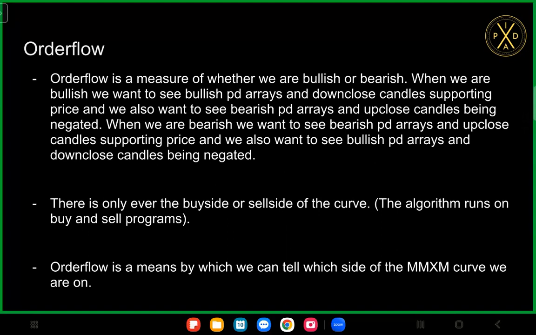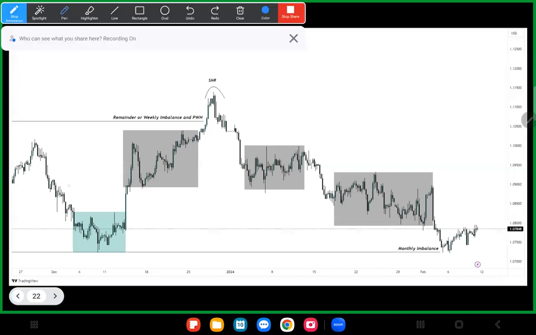All right, and there's only ever the buy side or the sell side of the curve, because the algorithm runs on buy and sell programs, because it wants to efficiently offer buy side and sell side liquidity. And then order flow is a means by which we can tell which side of the market maker model curve we are on. So over here, this was that buy side of the curve. This was that sell side of the curve. On the buy side of the curve, we see these down close candles supporting price, because price is interested in